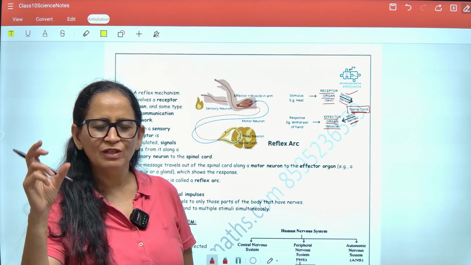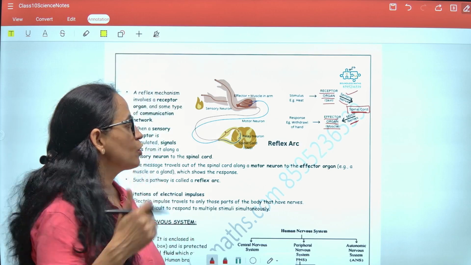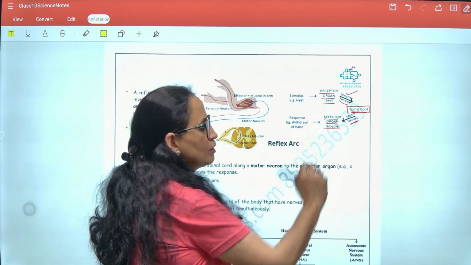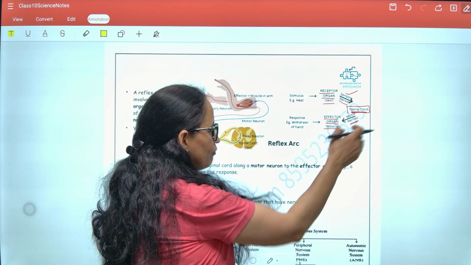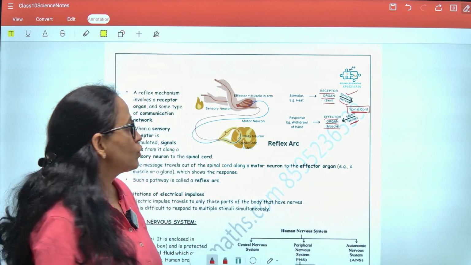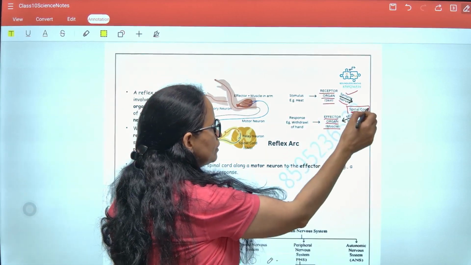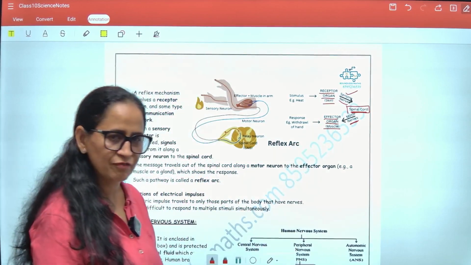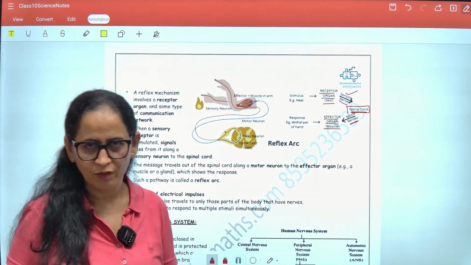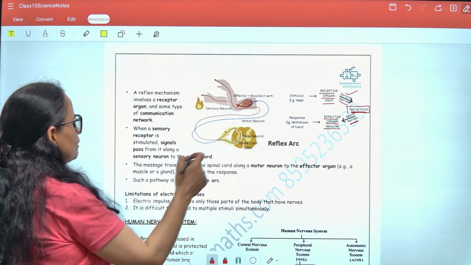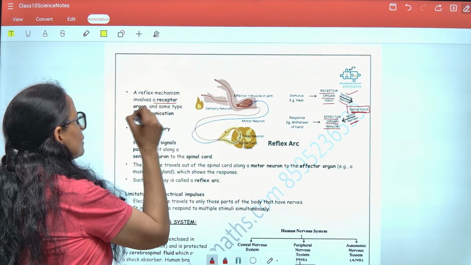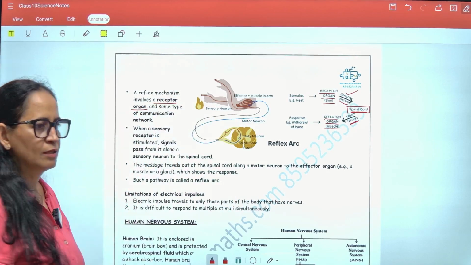Motor word is normally related to muscles. So motor nerves are the nerves that control the working of the muscles, which is normally the effector organ in the case of a reflex arc pathway. So from the receptor, the information goes to the effector so that the hand is withdrawn from that hot object, right? Now I will just repeat that, it involves a receptor organ that senses